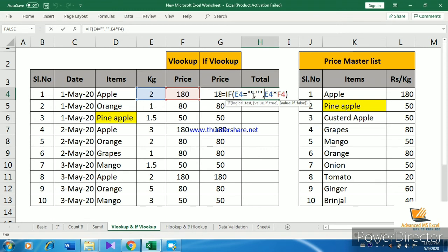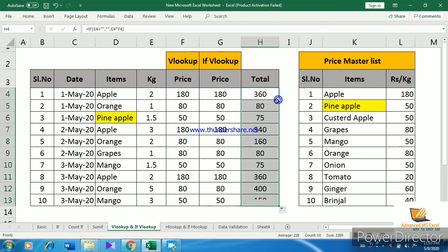Once again I am showing here. Why is this colored? Because I am going to tell you one thing: there should not be any gap for VLOOKUP.